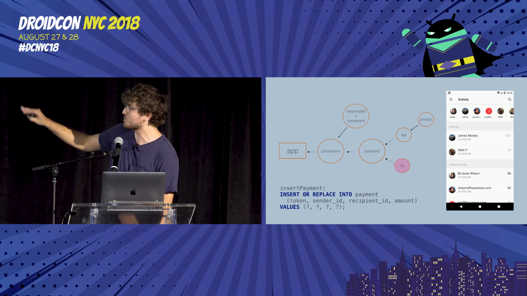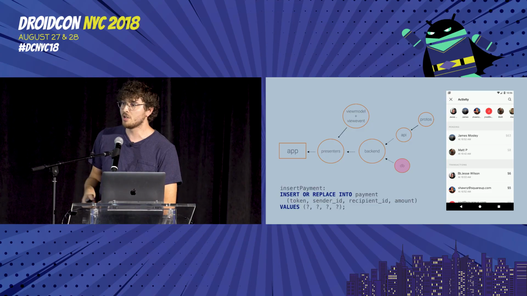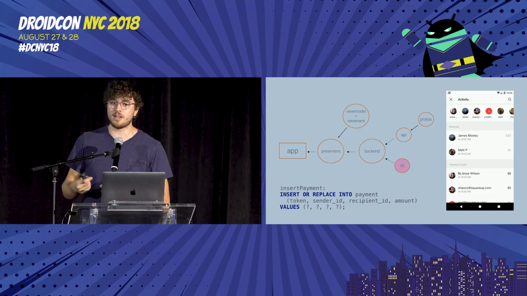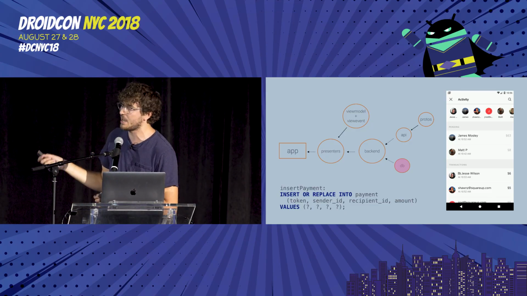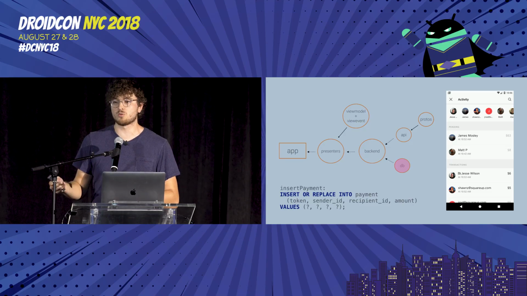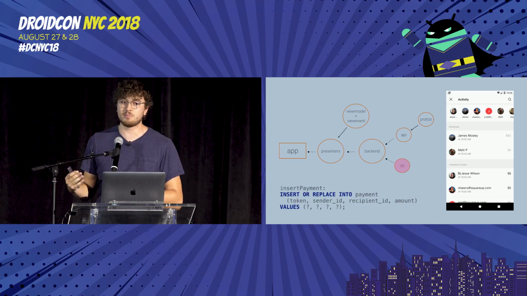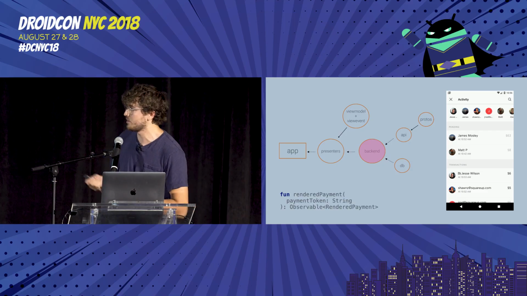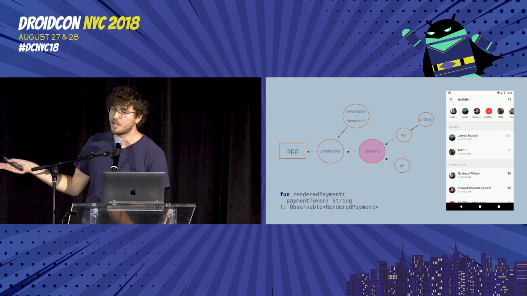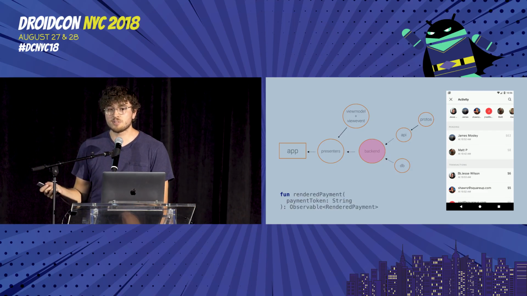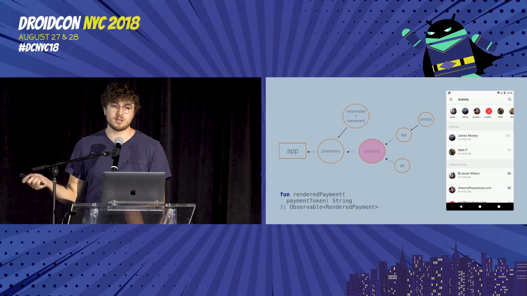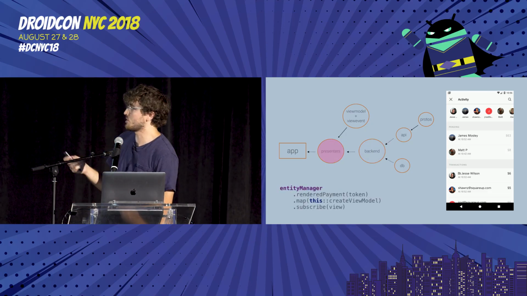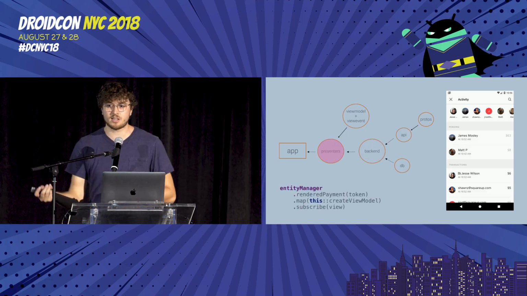We know at this point there's no more code that needs to be executed, but part of our paradigm on cache is that everything is an observable. So when this insert happens into the database, we use SQLDelight to then emit the payment back to anyone who might be subscribed to it. And so if we go up a layer into our backend module, there's this API for observable of a payment. And if anyone is subscribed to this, they're going to receive an event that a payment was just updated in the database. And of course, the presenter is the one who's subscribed to it because they care about this information